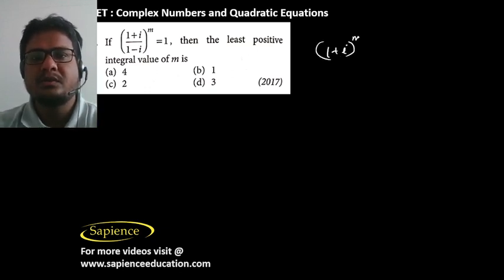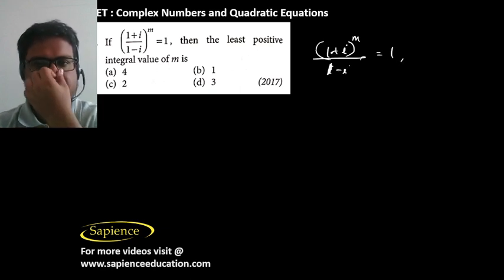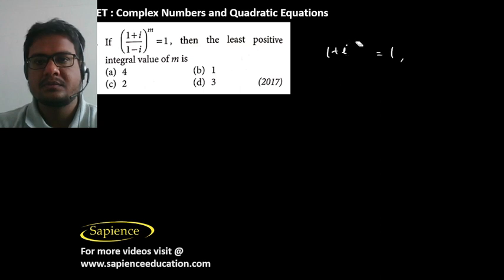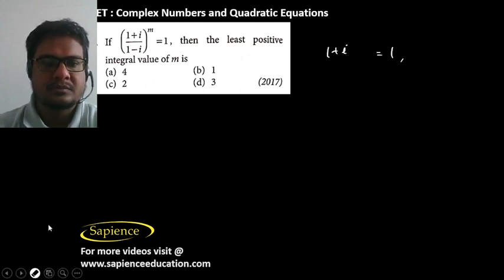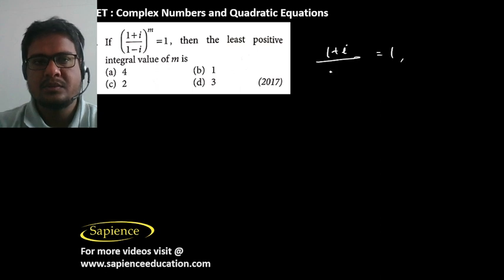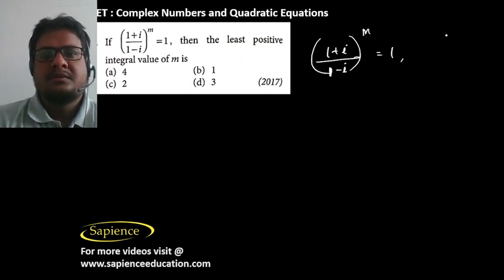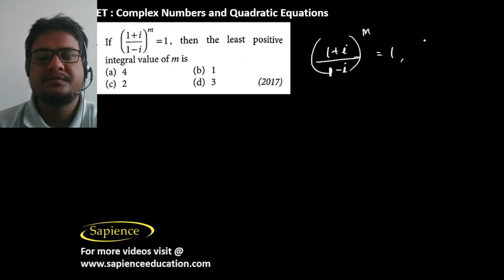If 1 plus i by 1 minus i, whole power m, that is equal to 1, then the least positive integral value of m is